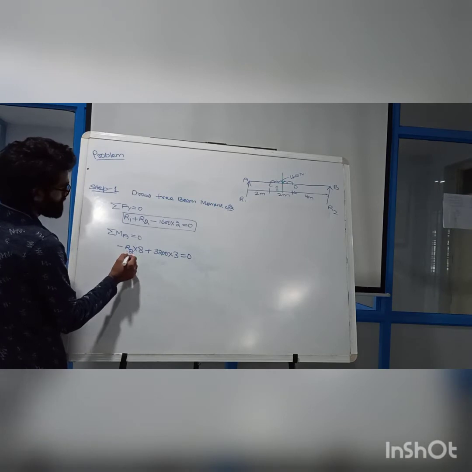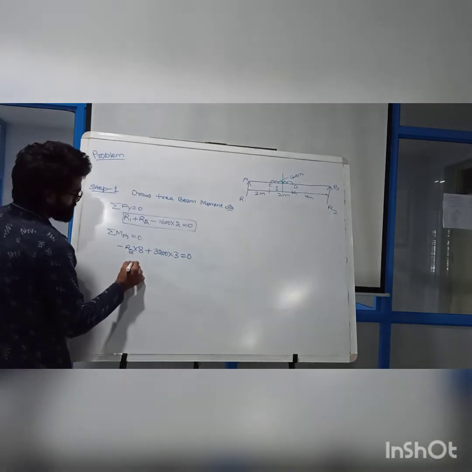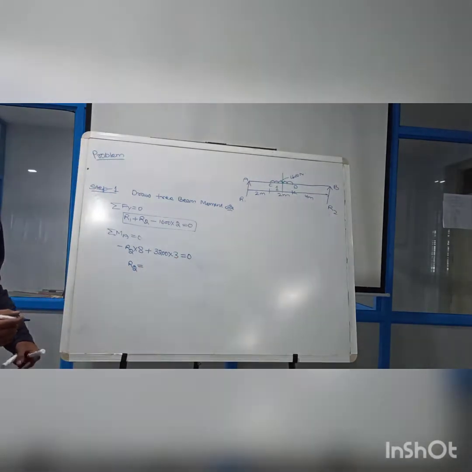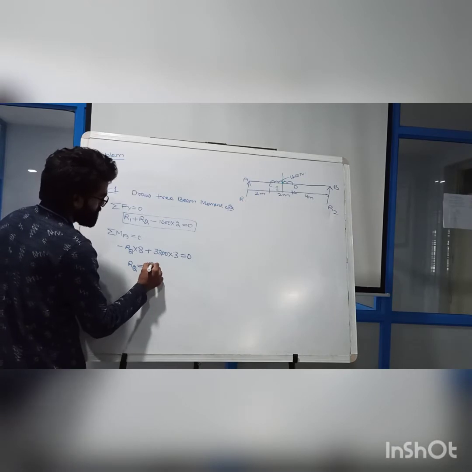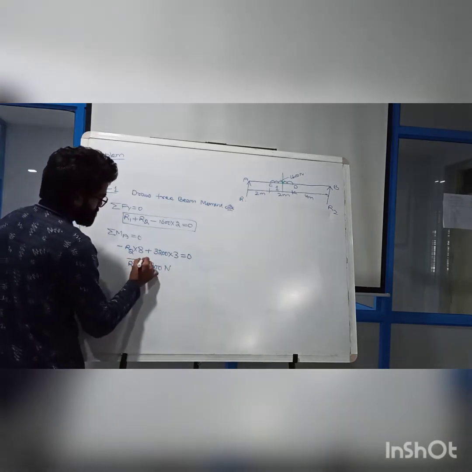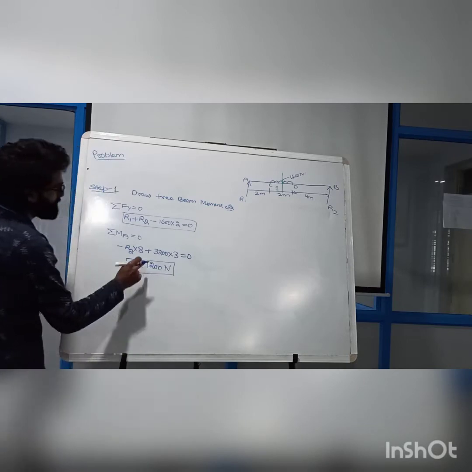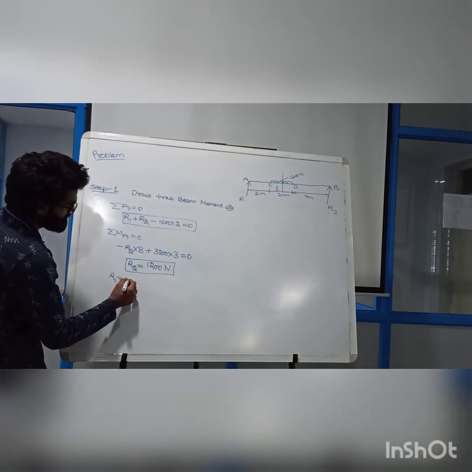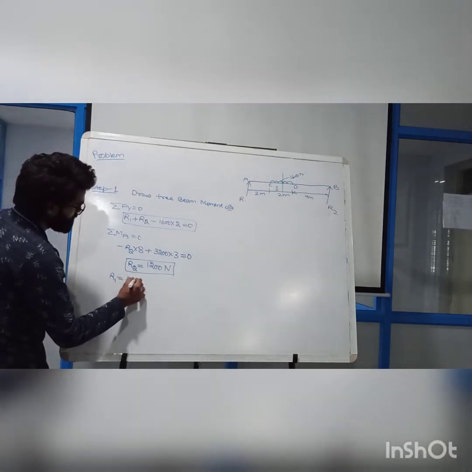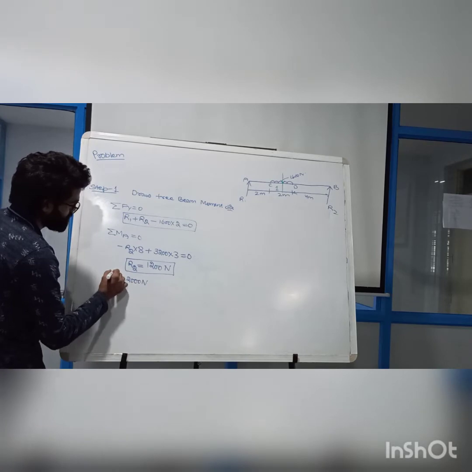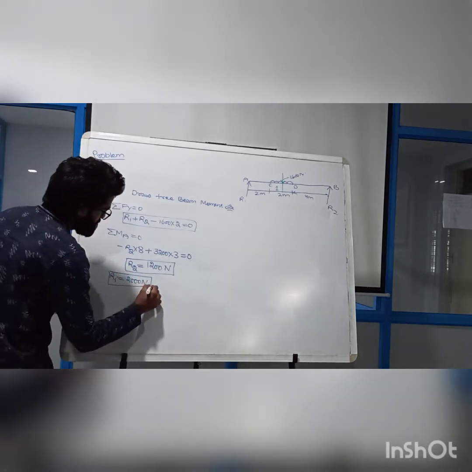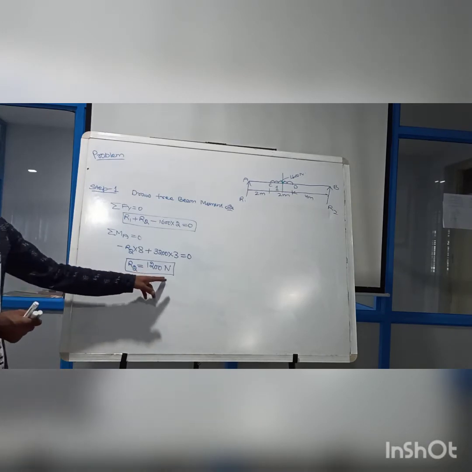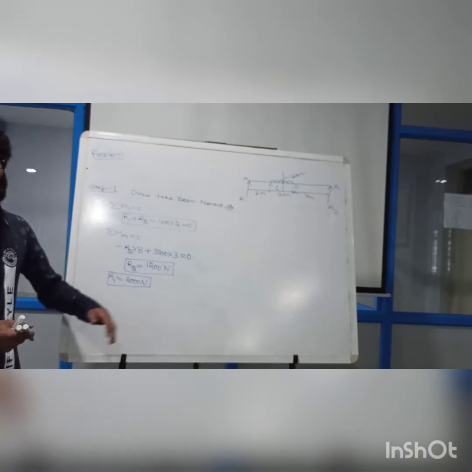So it is going to be 3 is equal to 0. If I put this, I will calculate the R2 value. So R2 is equal to how much? If I solve this, then I get my R2 value. My R2 value is 1200 Newton. If I put my R2 in this equation, then I am going to get R1. So my R1 is coming 2000 Newton. All of you can calculate that; this is not a big deal. So my R1 came 2000 Newton and my R2 came 1200 Newton.